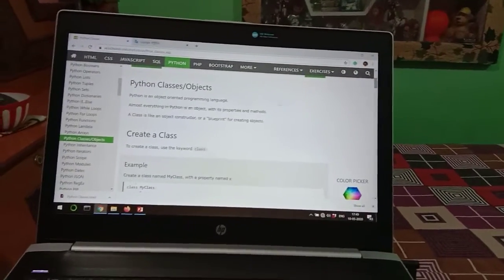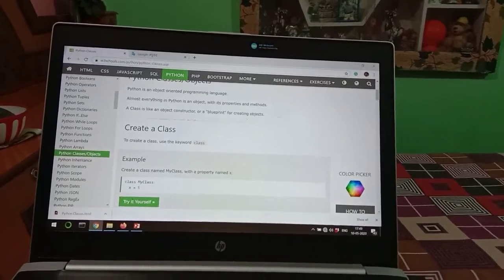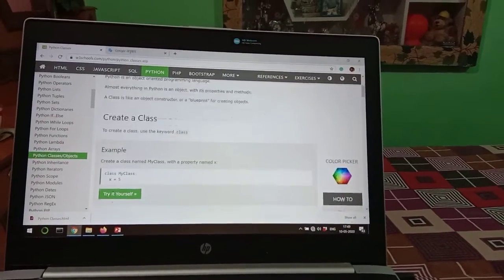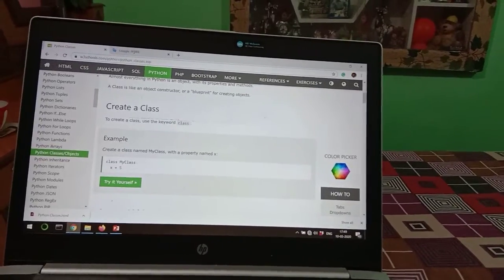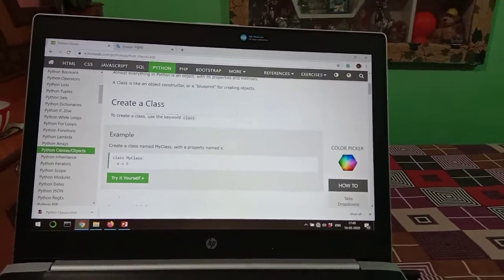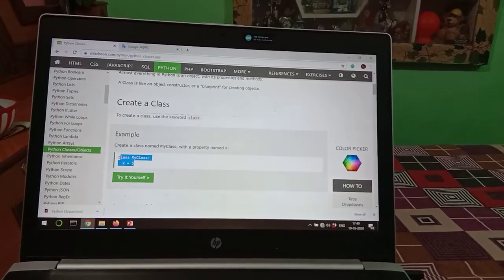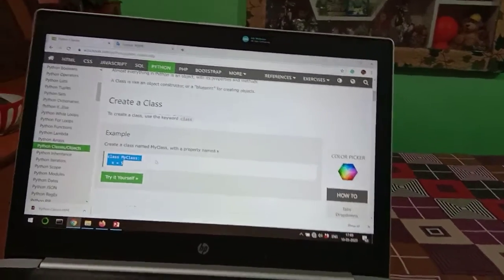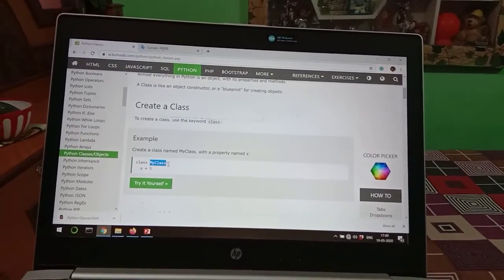To create a class in Python, we use the keyword class. For example, we can see here, create a class with the name MyClass and with the property name x. So in this way, we will write the program here. class is the keyword and MyClass is the class name which we define.